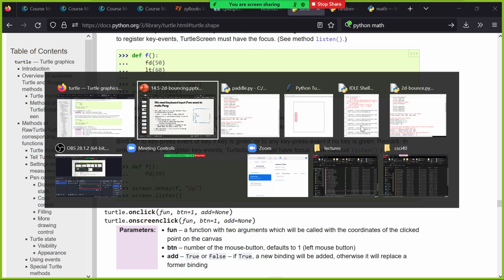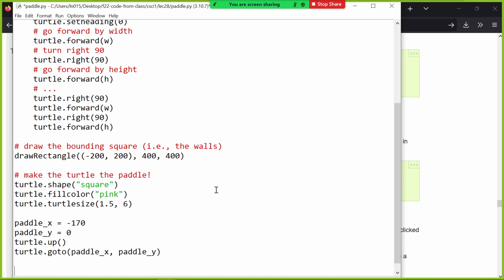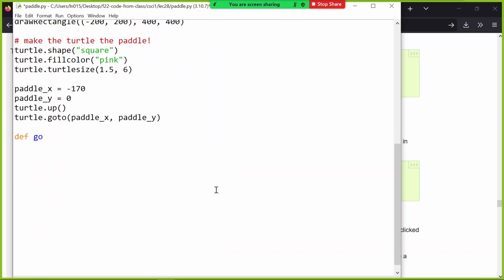So we're going to do kind of like this. We're going to make two functions, one for moving up and one for moving down. Def, I don't know, go_up. Here, let's put this up at the top so you can all see it. Def go_up, dot, dot, dot. Same with go_down. We're going to make two functions like this. And then